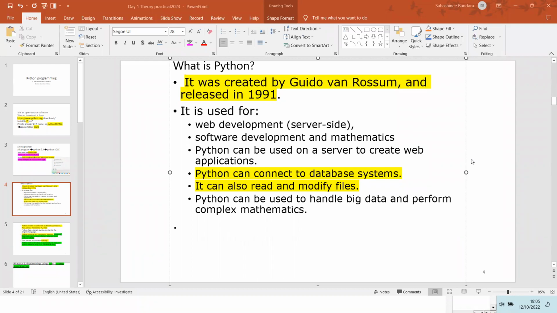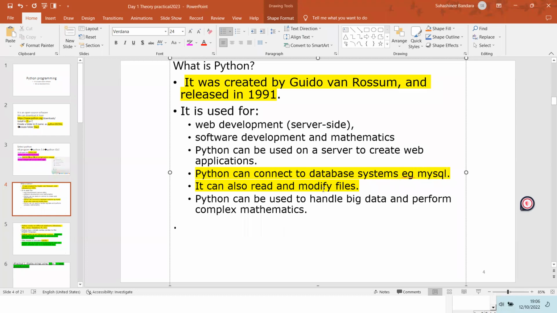Python can be used on a server to create web applications. So we can create web applications with the help of a Python program as well. Python can connect to database systems, for example MySQL. We can take an example later on and connect it with MySQL.